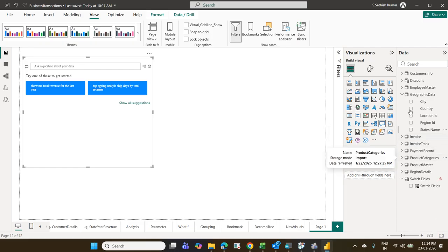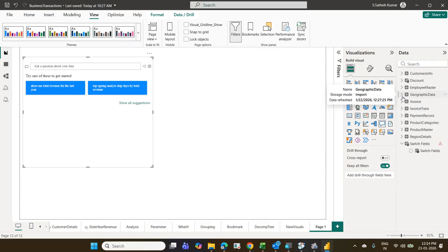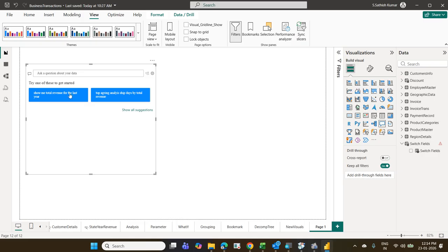Sum of total revenue as a line chart, as a bar chart, as a column chart, as whatever you want. Suppose we have a table called product. In this I have product name. This product name wise sum of total revenue as a bar chart, as a line chart, as a column chart. Whatever I am saying now, just go to this, ask the question about your data and just literally type it